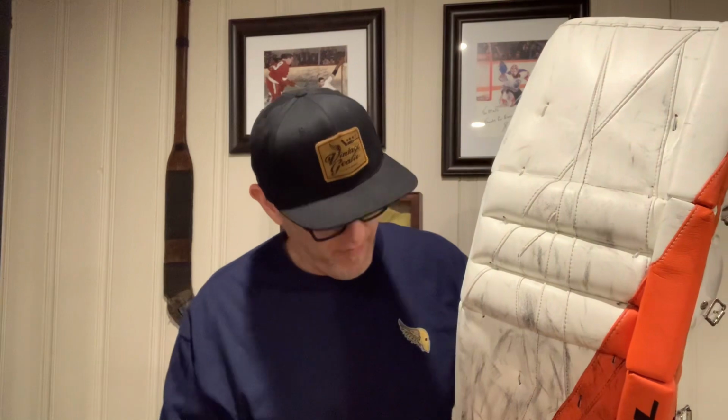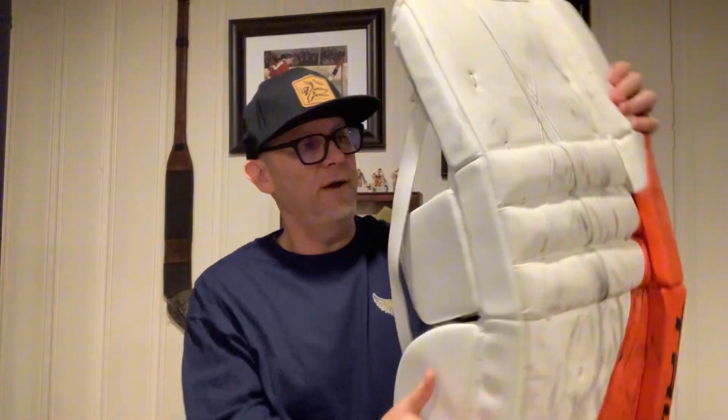The true 12.1 has been around, I want to say, 4 years now. The pad's overall construction is pretty straightforward, nothing out of the ordinary. 3 round knee rolls, square outer roll, the angle of the boot, and it's got a great flex to it, which is what I really like. The seal along the ice is perfect, no issue there. Around the back of the pad is also very straightforward. Now, one thing to mention,